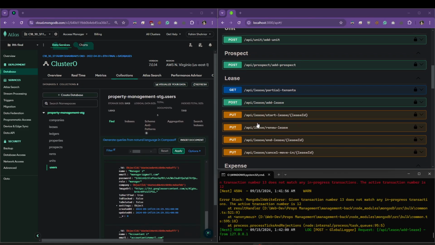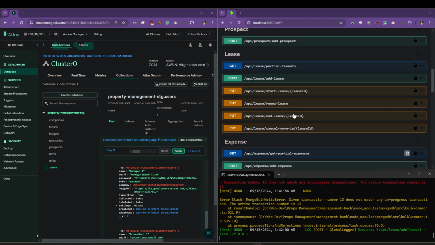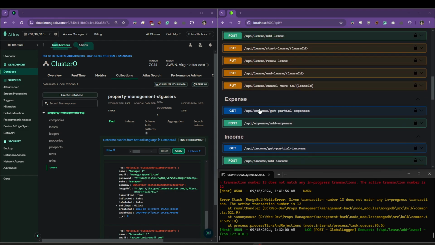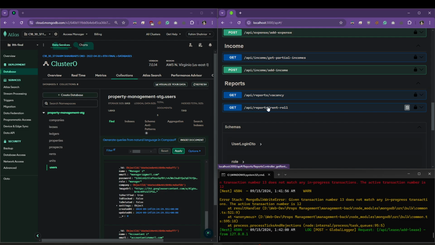So in the previous video, we added a prospect, and the reason the prospect is needed is because we want to add a lease, which is the core function of the whole project. So what is a lease? A lease is basically, in a simplified process,